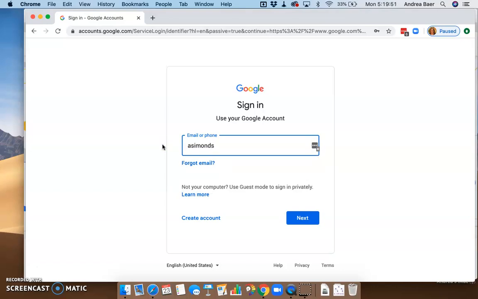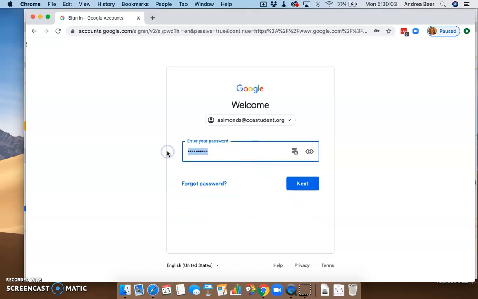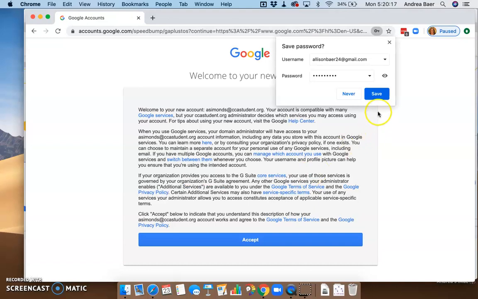So I'm going to pretend I'm a student right now, and their new email address will be the first letter of their first name and the last name at ccastudent.org. Your default first login password is going to be, let me have it visible for you, Crusader1, and that's with a capital C at the beginning. The very first time you log in,